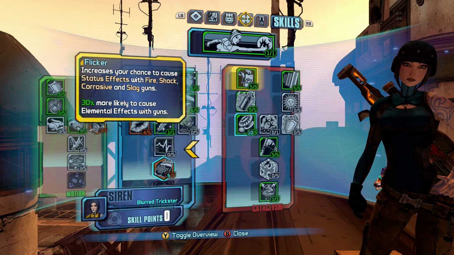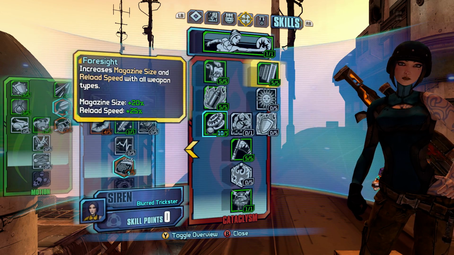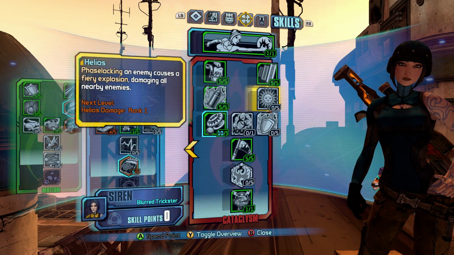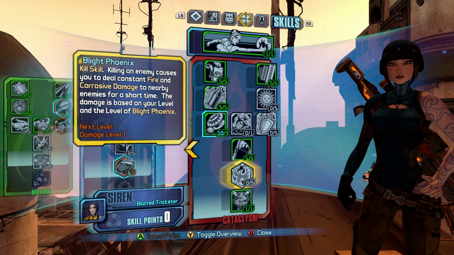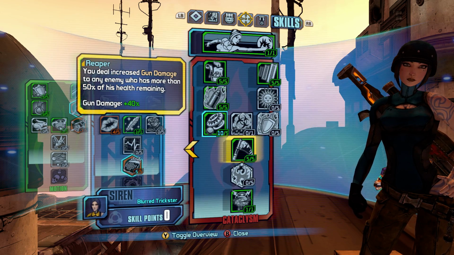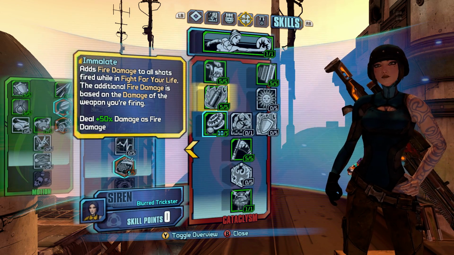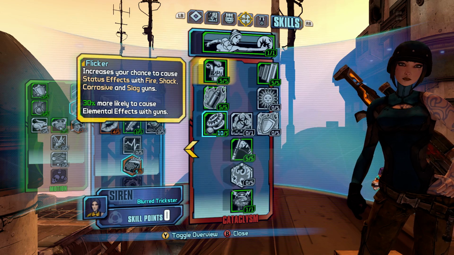The other things we picked up in this particular tree were Foresight, which is going to help us quite a bit with magazine size and reload speed. So I should say in this tree we're mainly picking up Foresight, Chain Reaction, Reaper, and Ruin. Obviously Ruin is for slag and Reaper is for a huge boost to gun damage when the enemies are above 50% health. Immolate should help should we ever go down, and Flicker will increase our chance to cause damage over time effects,